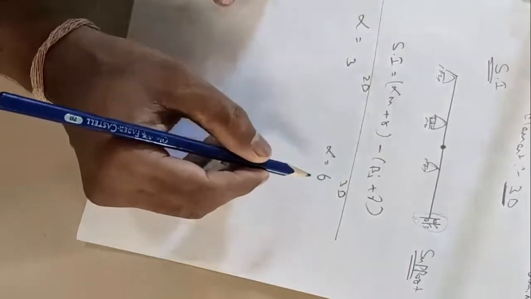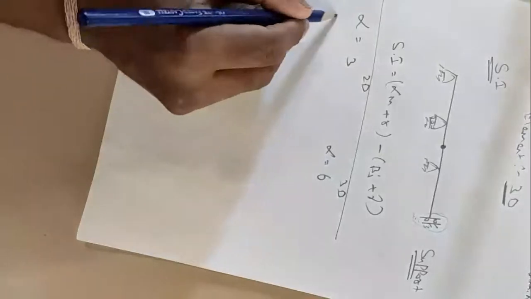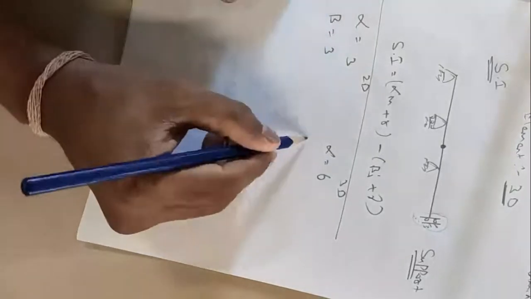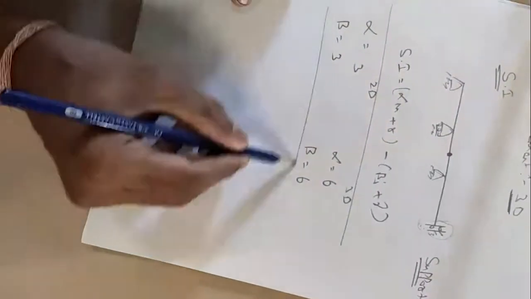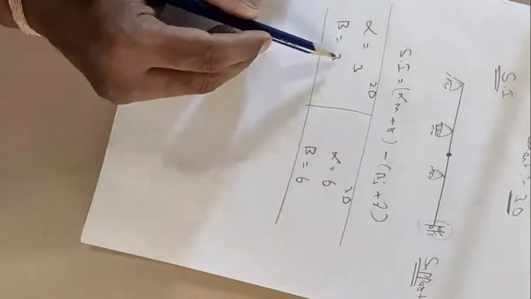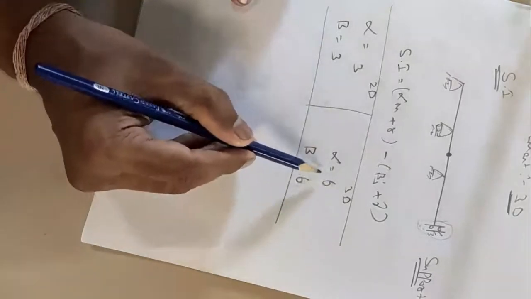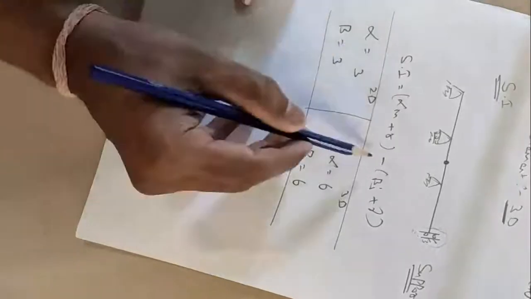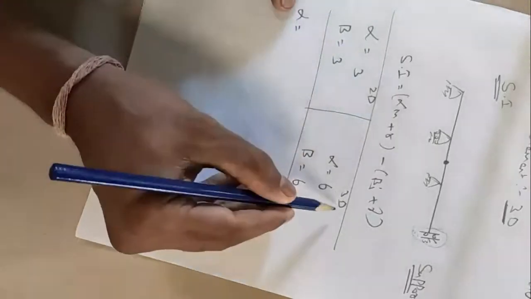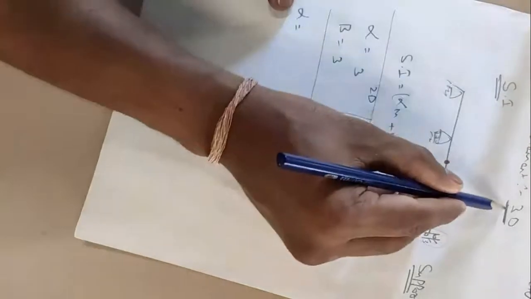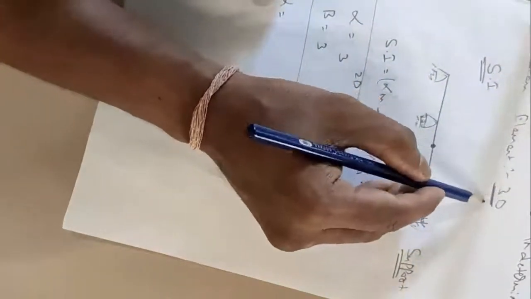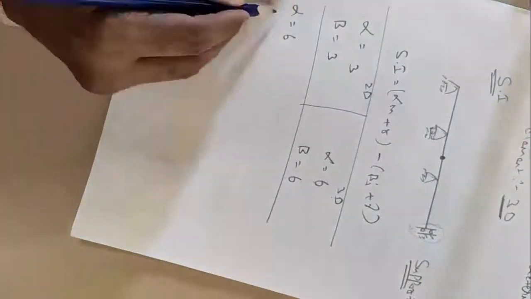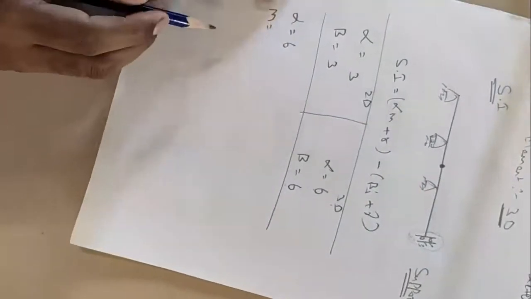Similarly, beta here will be 3, but in 3D you'll again have 6. Please be careful while solving your problem. So for 2D structures it will be 3 and 3, and for 3D, alpha will be 6 and beta will also be equal to 6. Yes or no? So let us write our alpha value. If a question tells you it is a 3D beam, then you have to consider alpha as 6.